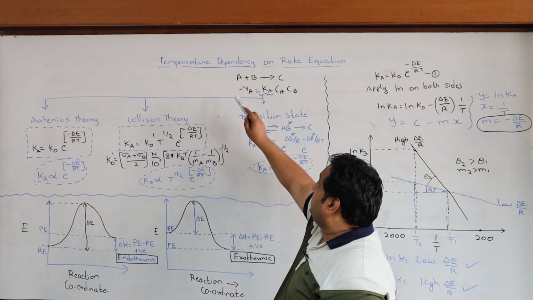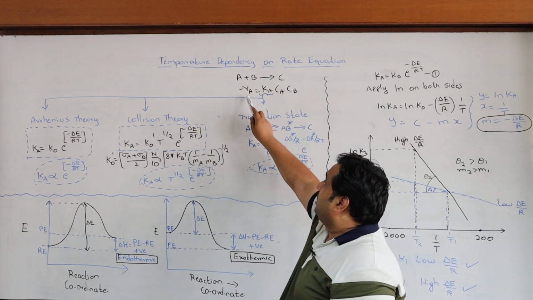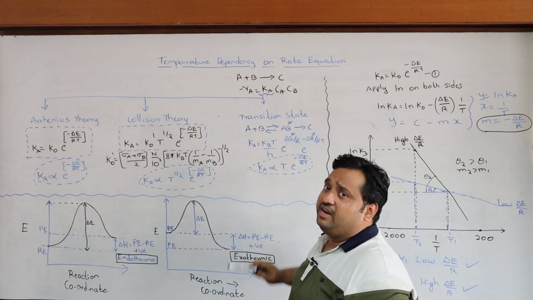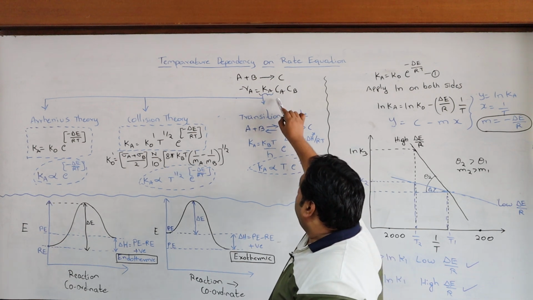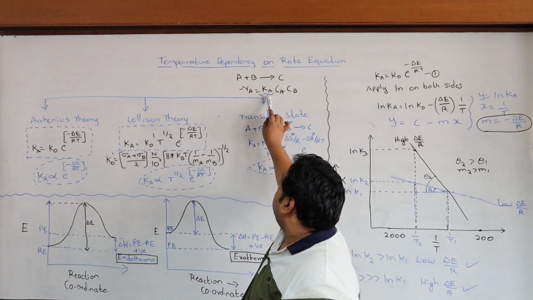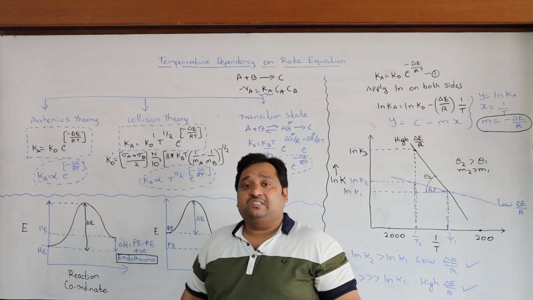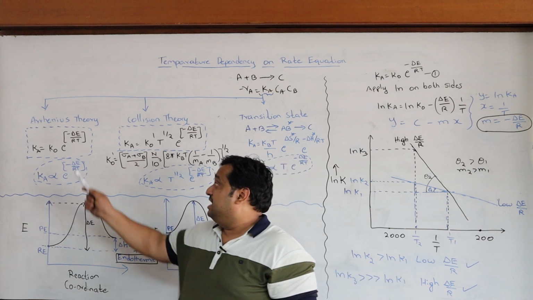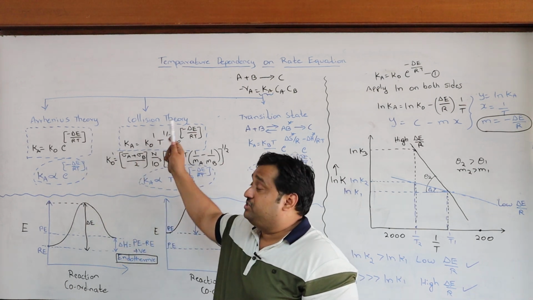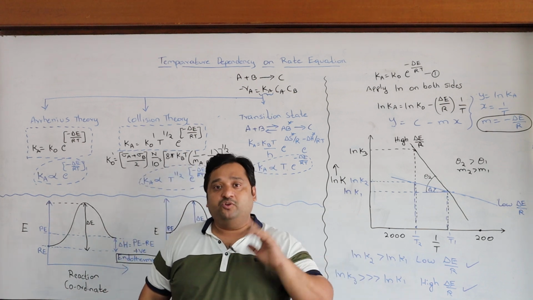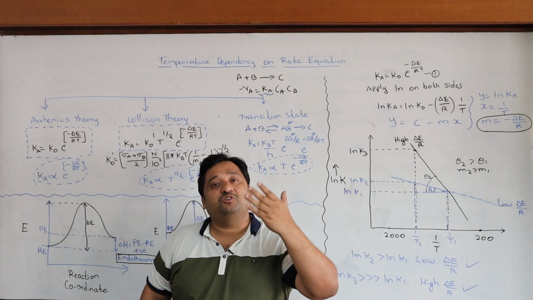Here you can see a particular reaction, and I am representing the rate as K Ca Cb. Let us take it as a second order reaction. We don't worry about the concentration terms now, we worry about the rate constant term. To estimate the rate constants, three theories came into place majorly. One is Arrhenius theory, second is collision theory, and third is transition state theory. All three theories are used to estimate the values of the rate constants,